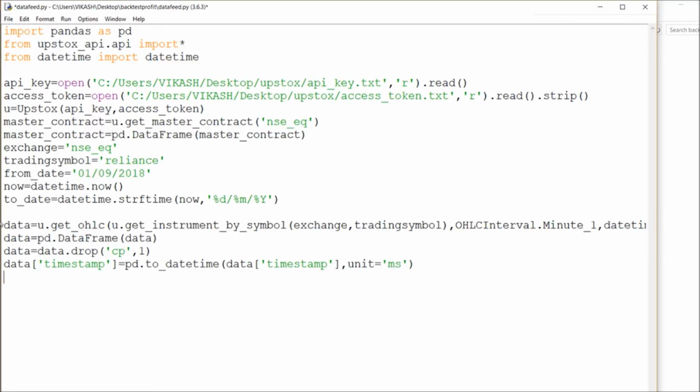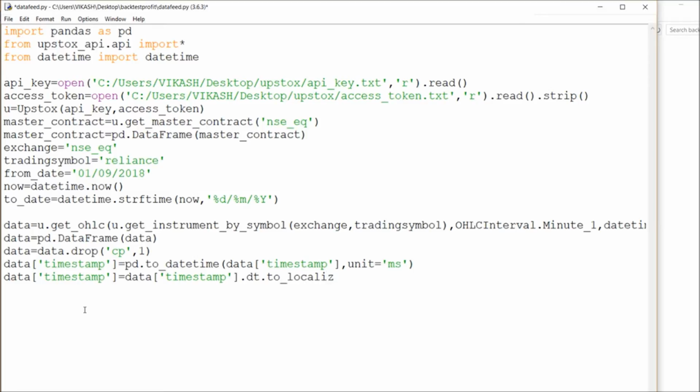Okay, so next I'm gonna say for my data timestamp once again, and if I'm saying this, I'm trying to localize, which is like dt dot tz underscore